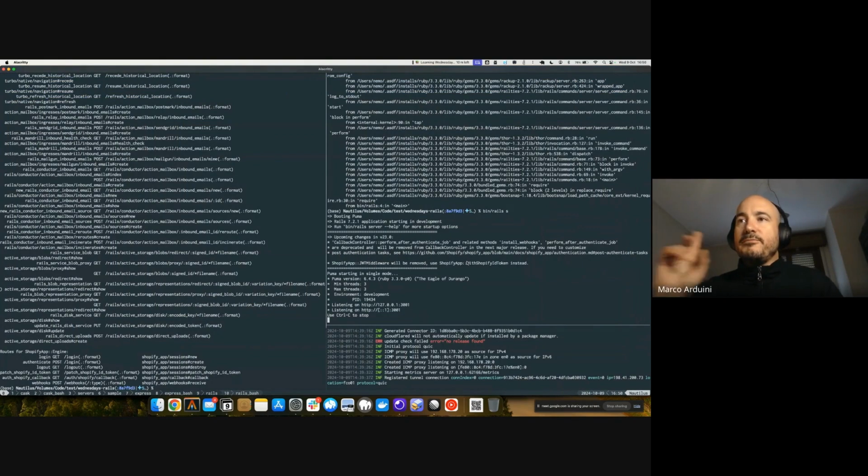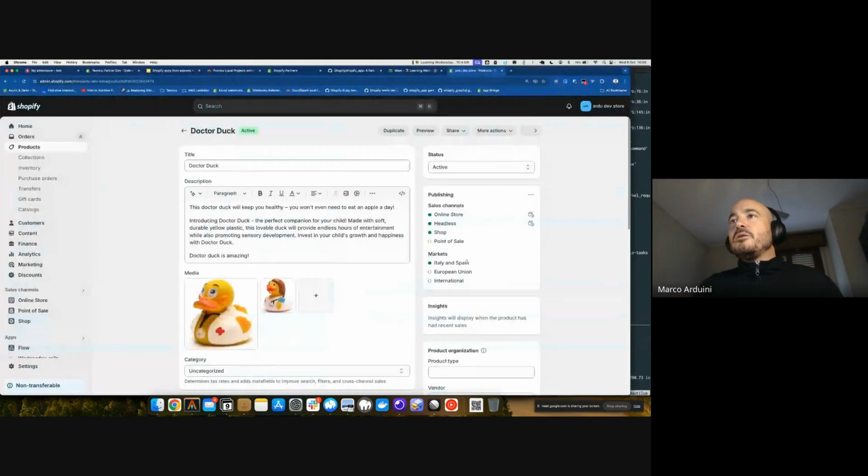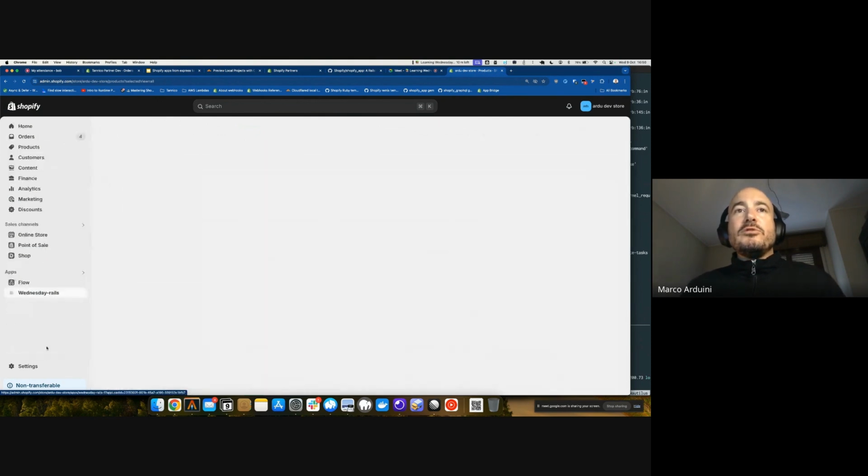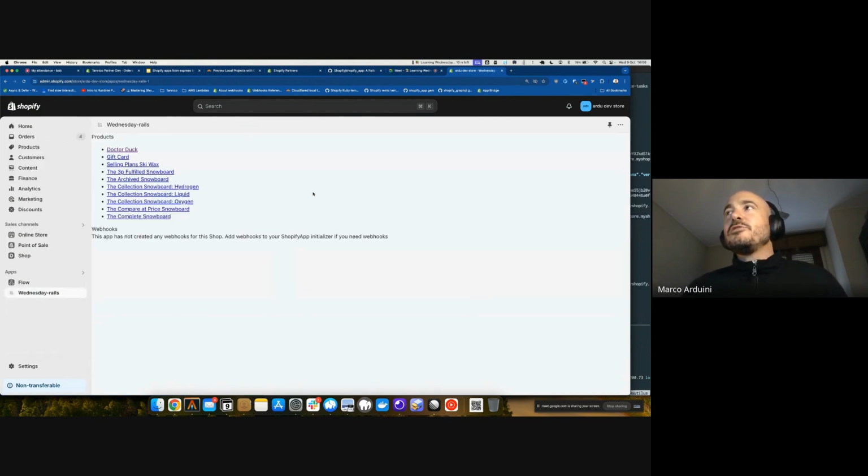Oh no, I'll tell you why it doesn't. Because we did not reinstall the application after we created a new webhook. So the app actually doesn't know about this webhook. It is not registered. So what we need to do in this simple situation, like there are alternatives, of course,